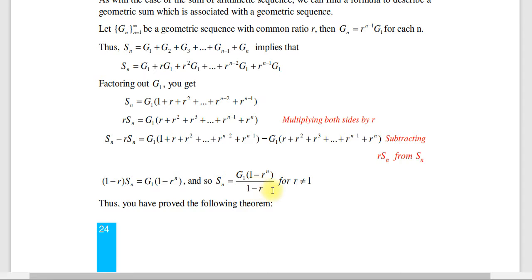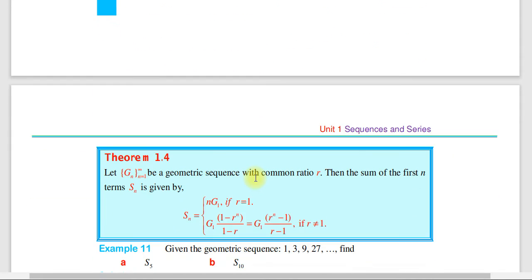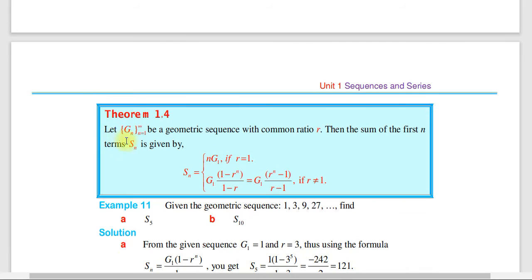If r is 1 the denominator can be 0. So using this formula we can find the geometric sequence summation. So there is a theorem: let Gn be a geometric sequence with a common ratio r, then the sum of the first n terms, Sn, is given by